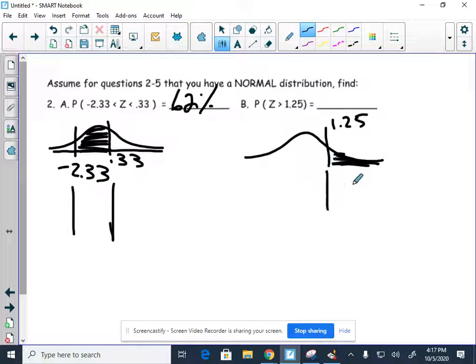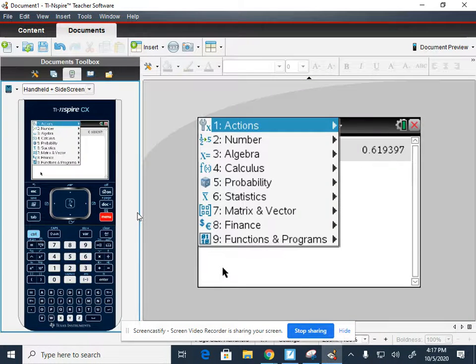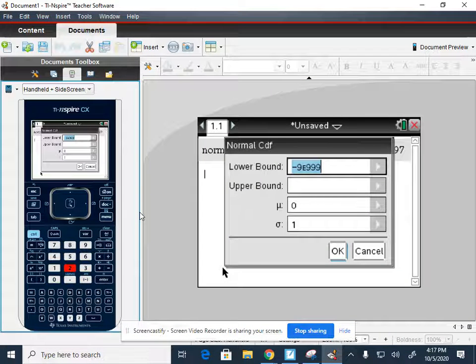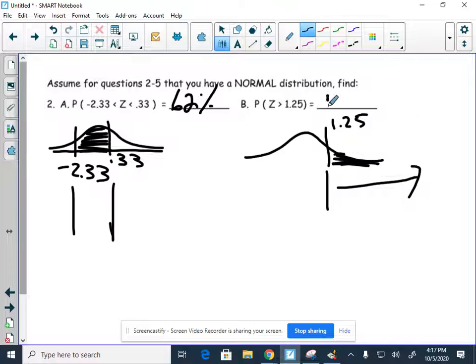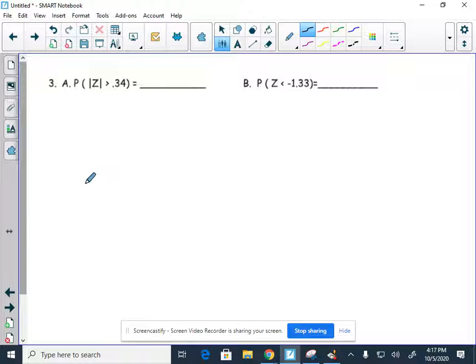This one is going to go from 1.25, it's going to go up to infinity. So we're going to do the same thing. Menu 652, doing a normal CDF. 1.25 to a really big number is 10.5% or 10.6%. That's all we're looking for on that one. Sorry, I'm writing with the mouse there. Okay, this next one, we're going to have a couple. We've got an absolute value problem. So the absolute value problem,